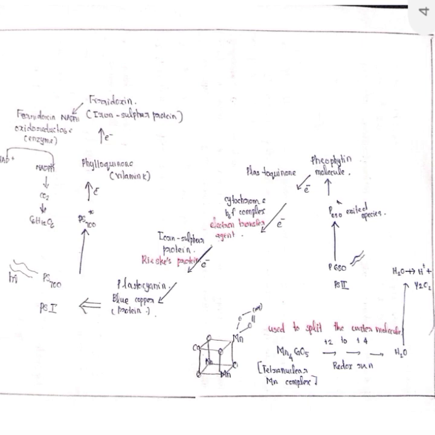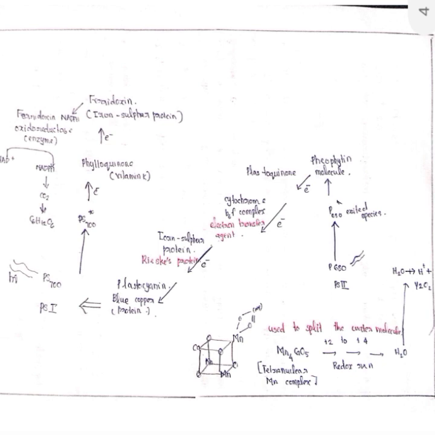Now consider the overall reaction of photosynthesis, involving photosystem 1 and photosystem 2. First of all, the tetranuclear manganese complex undergoes a series of redox reactions, converting the oxidation number from +2 to +4 to split the water molecule. The water molecule splits into H+ and O2, that is a proton and molecular oxygen. This energy is transferred to photosystem 2, and P680 absorbs light energy and gets excited to form the excited P680 species, which transfers energy to the pheophytin molecule, and it transfers an electron to plastoquinone, which transfers an electron to the cytochrome b6f